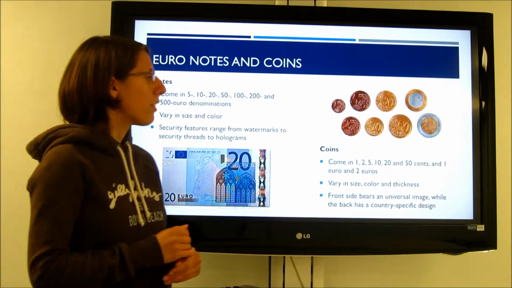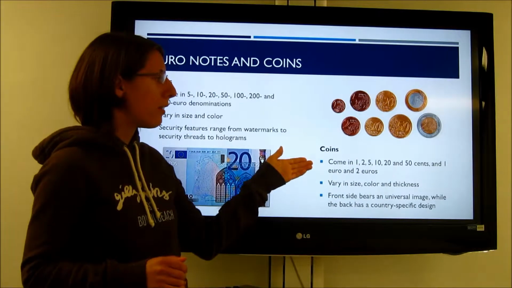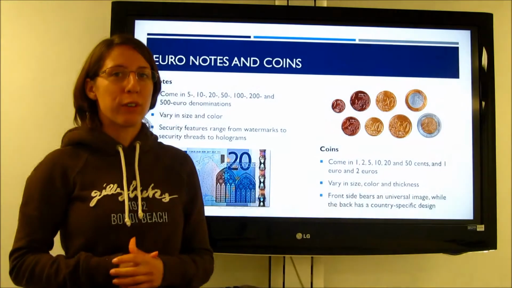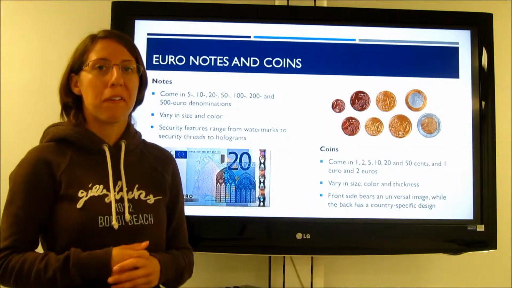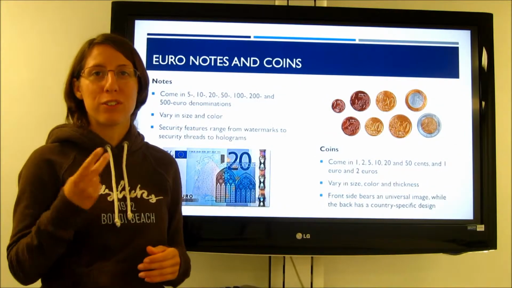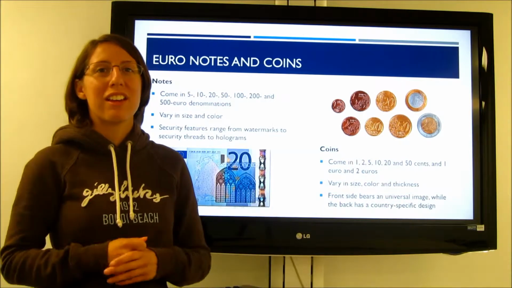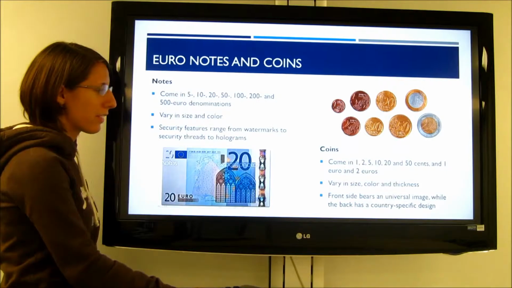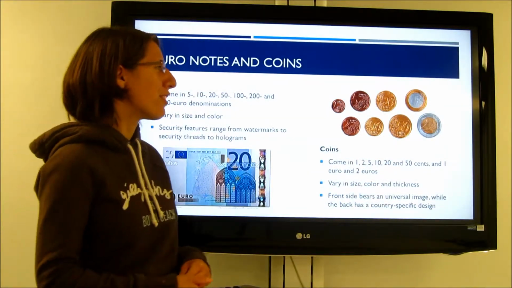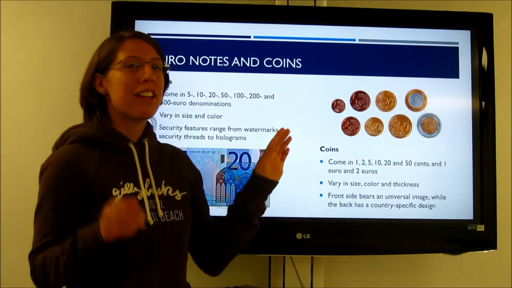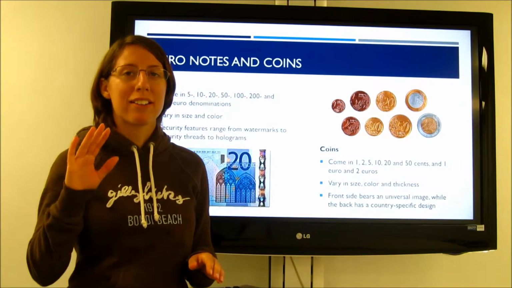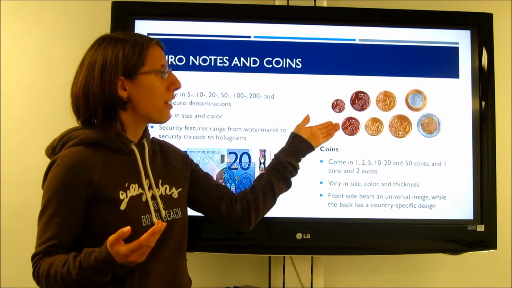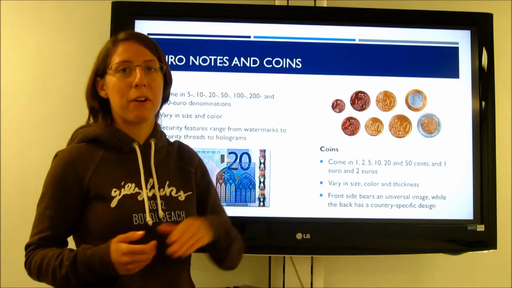There are also the coins, and the coins begin at a 1 cent coin and go up to 2 euros, and that's almost like a $2. So it's very interesting how they have those 1 and 2 euro coins instead of us, where we have the bills. Finally, also with the coins, I wanted to mention that the front side bears a universally same image, and the back side bears an image for its own country. So the coins themselves embody the United in Diversity motto of the EU.